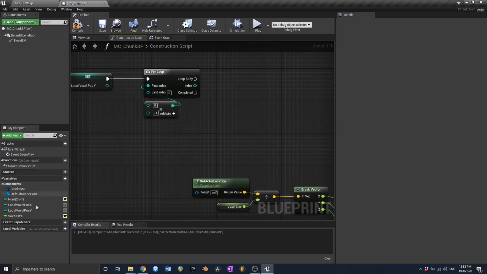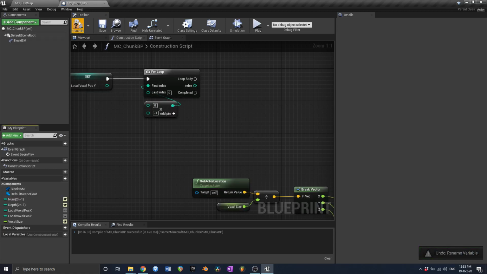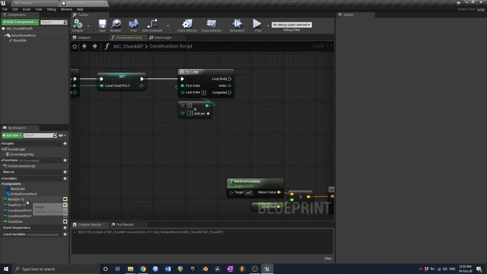This can also go, and we're going to need to create a new variable which is going to be called depth, 2n minus 1, just like before, and I'm just going to put that up next to the num. Maybe num isn't a good term, maybe we should say width, or no, I'm just going to keep it as num,